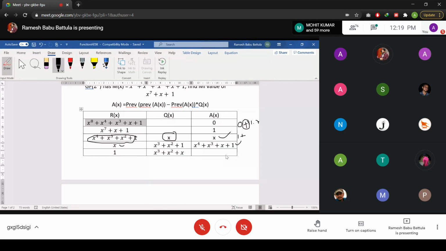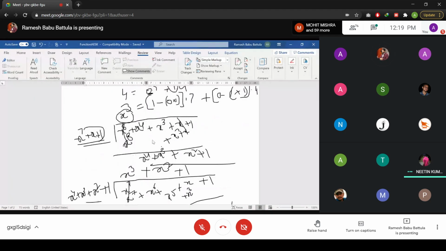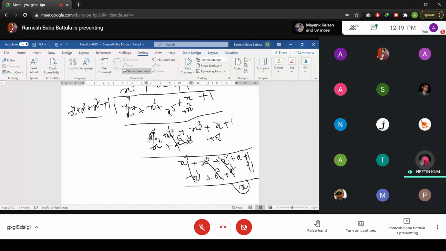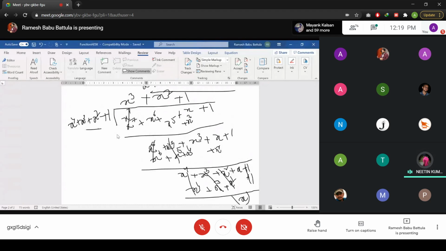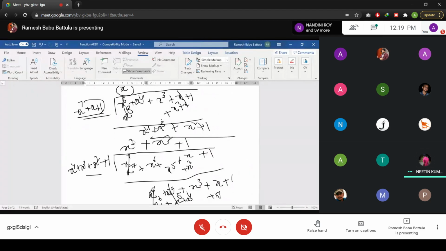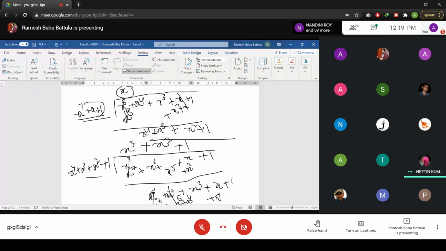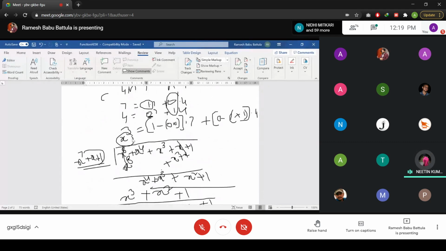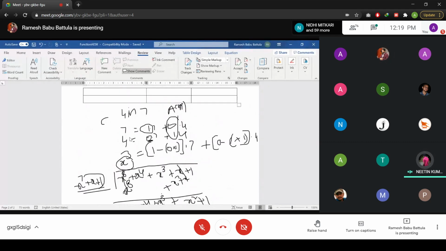Sir, hello. Sir, in the 7, for example, can you please move one slide down? Yes, sir. In the 7, for example, sir, 7, 4, and 3. Sir, a little up, a little more up, sir. Yes, sir. Here we are writing 3 equal to 1 minus 0 into 1. Where is this third one coming from? Which one? Third one means 0 into 1.